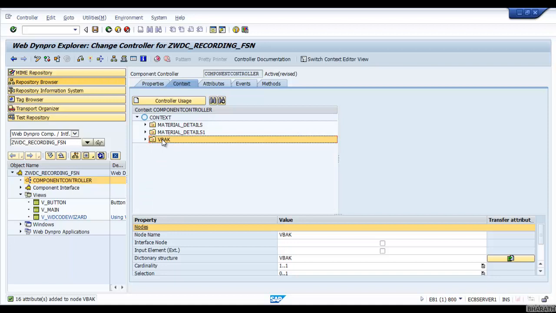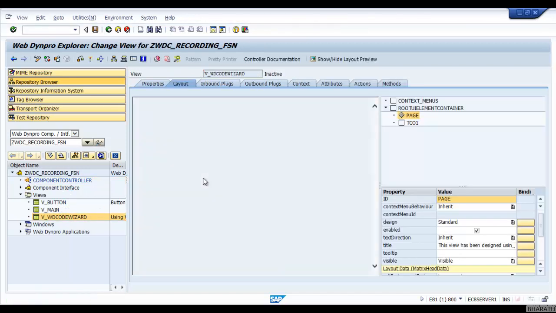Since you have created a context node in the component controller, this context node can be used across the WebDynpro component. You can use this context node in any other controller. Just click on save. Now go to the view.